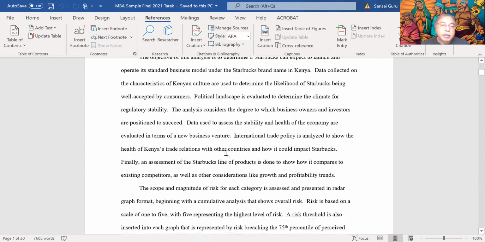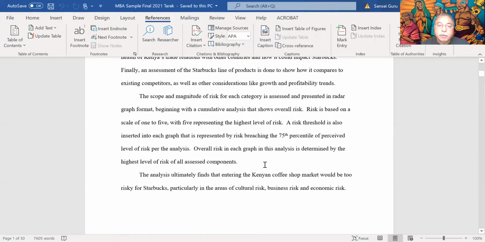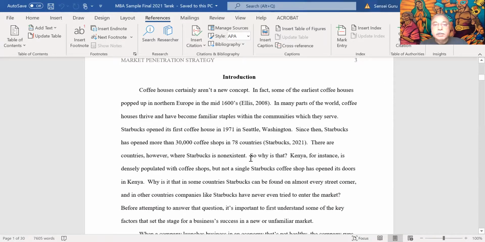So you have an abstract, at least a page, that gives you a summary. Here's what I'm studying. Here's where I'm going to do it. And here's what I found out. In general, that should be your abstract, so the reader can grasp the big picture of your paper, so that when they go into reading it, they always have this anchor. You're helping them read your paper better by giving a good summary. So what's the introduction?